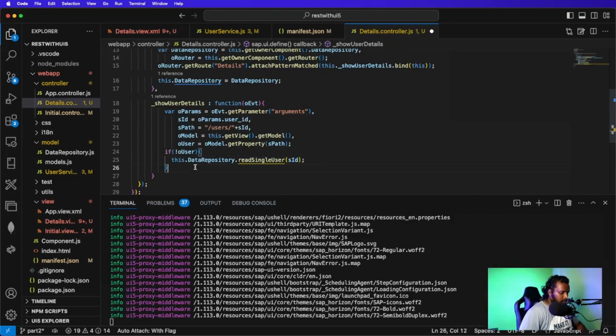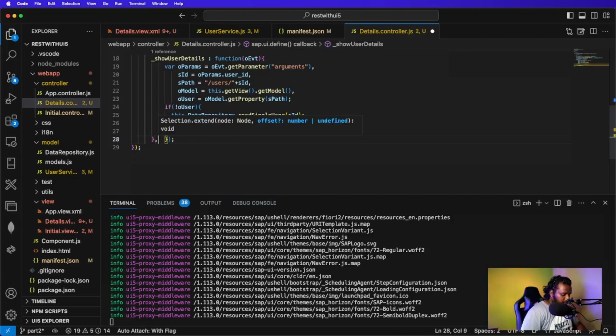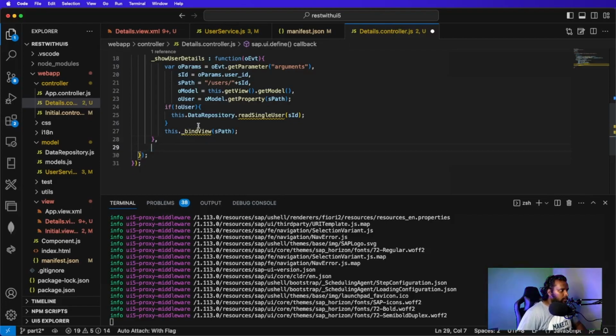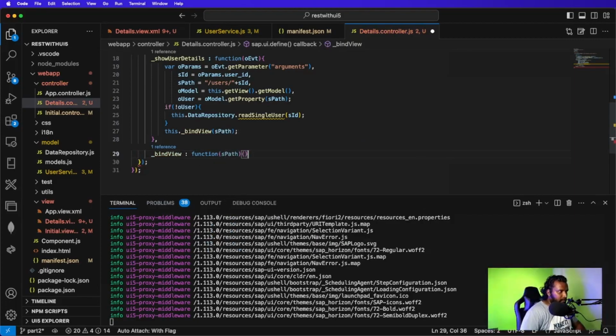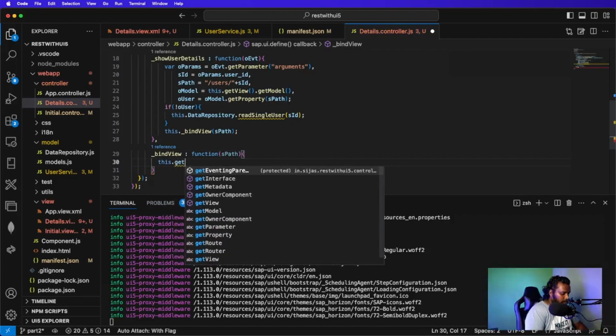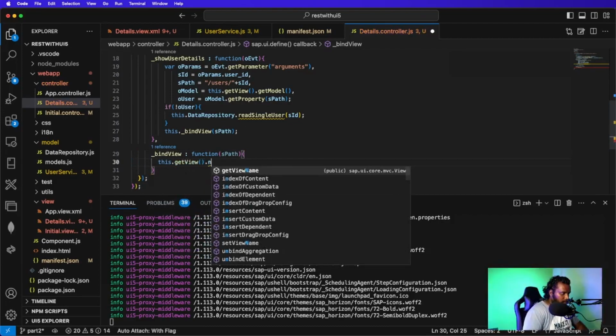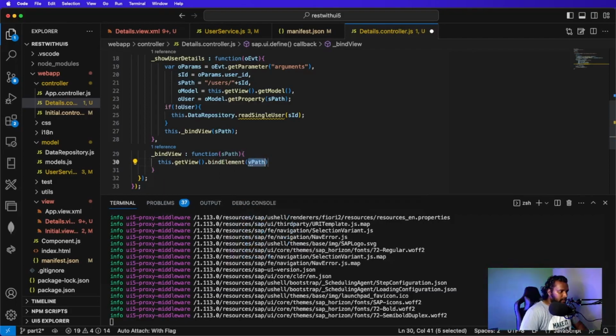And if it is available, then we just need to do simply a binding. We'll pass the sPath. Let's find the bindView method. Bind view. What does bindView do? BindView takes the parameter sPath and binds it. The syntax is this: getView dot bindElement